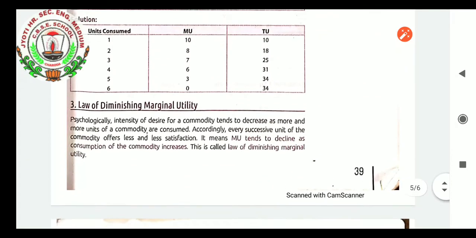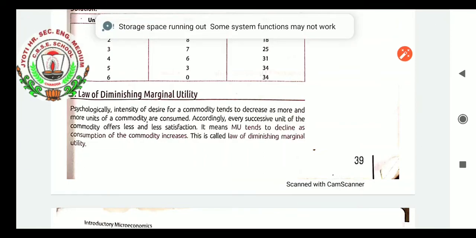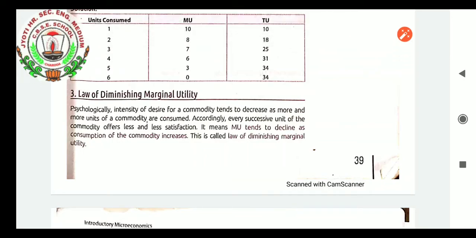Next comes the topic, students: the law of diminishing marginal utility. What is the law of diminishing marginal utility? It is a very important unit. In this particular law, we will learn that whenever we start consuming one thing more, our satisfaction level will go down at a certain level. When we are getting most of the thing we like, and getting daily the things we like, definitely our interest in that thing will go down. We will put in less interest. Till the time we were not having it, we were having more and more interest. When we got it, at that time also we had more interest. But when we got it repeatedly, it became less.